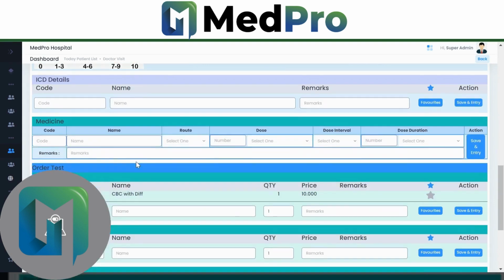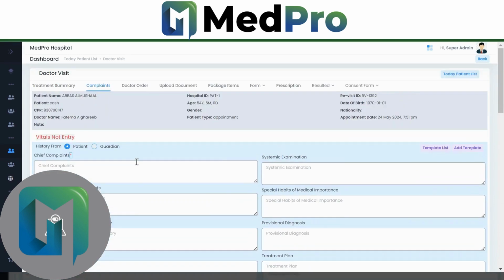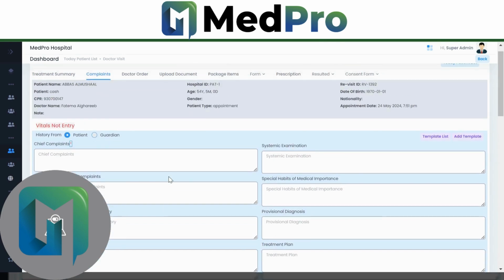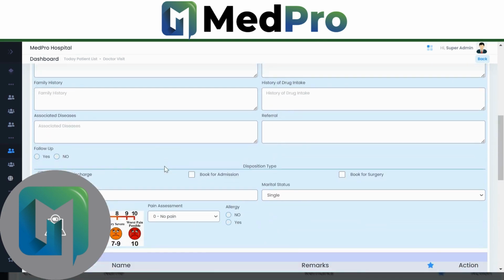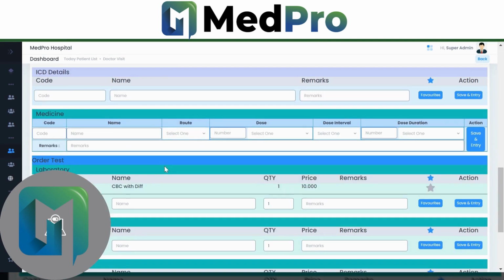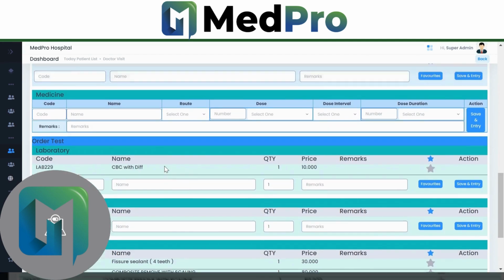Yeah, nothing has been entered for this visit. So what we are going to do is we will be adding some of the notes for this patient. So for the complaints, and you can see again, this is the beauty of our system. Our aim was to have all the clinical notes, clinical information in the single screen. I'm just scrolling down. You could see here